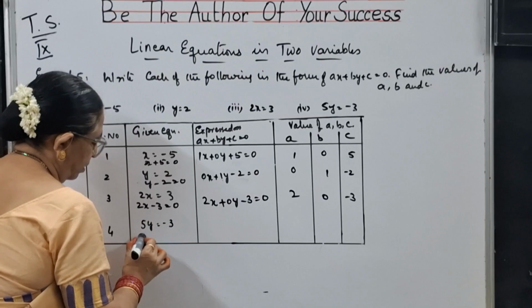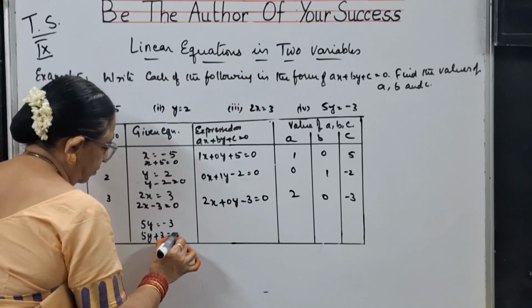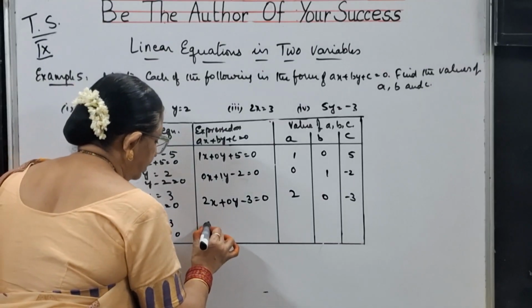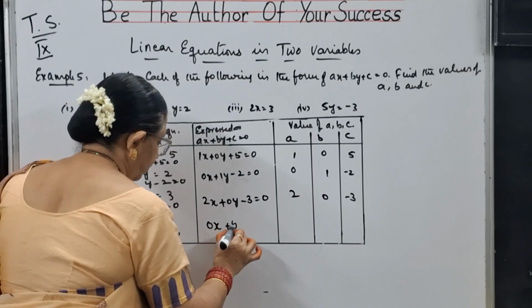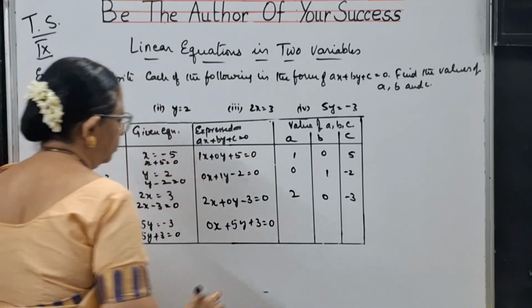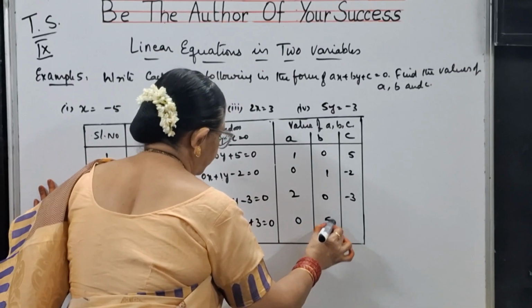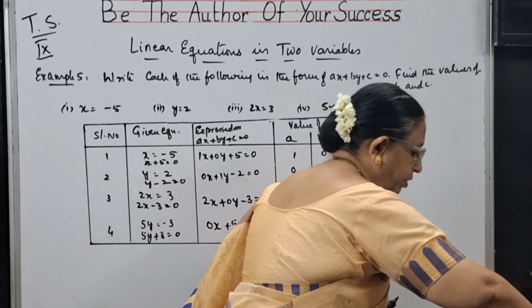So the next one, 5y minus 3, that means 5y plus 3 is equal to 0. In this x is missing, so in the place of x you will write 0x plus 5y plus 3 is equal to 0. So you are having here 0 and you are having this here 5 and here 3. So these are your